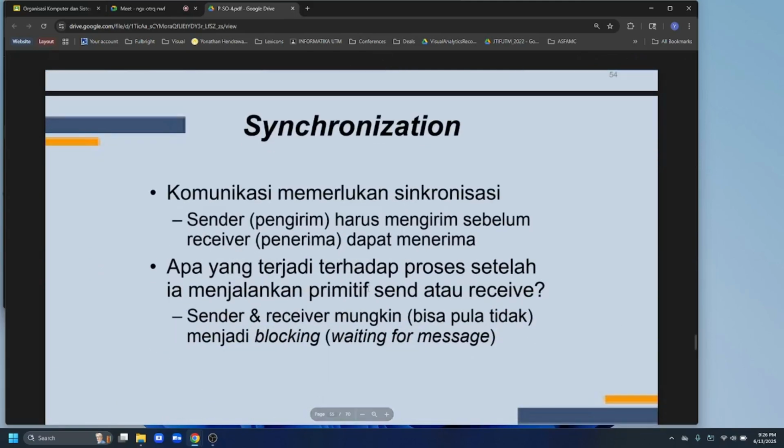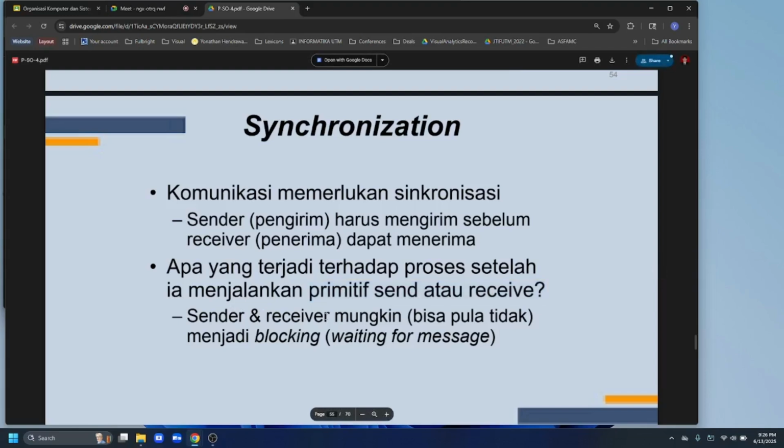Now, the communication sometimes needs to be synchronized. The sender must send the data, the message, before the receiver can accept it. What will happen to the process after it runs the send or receive primitives?